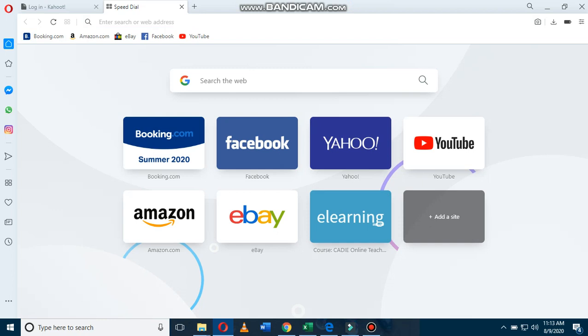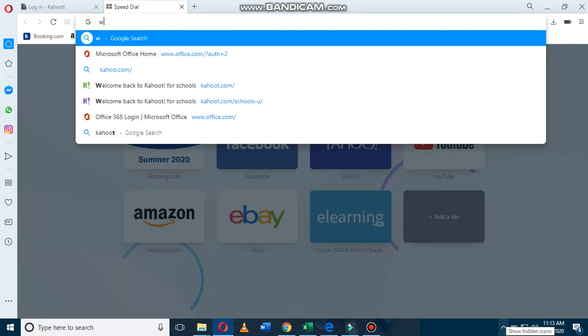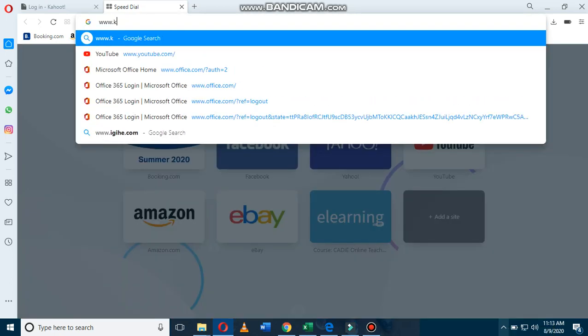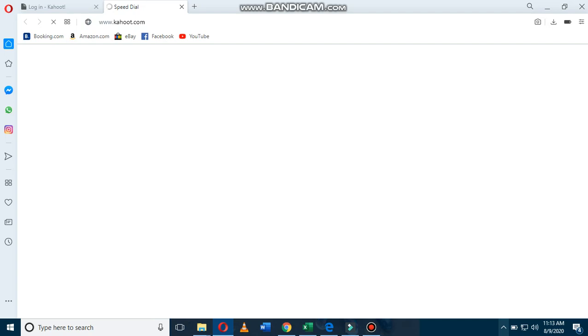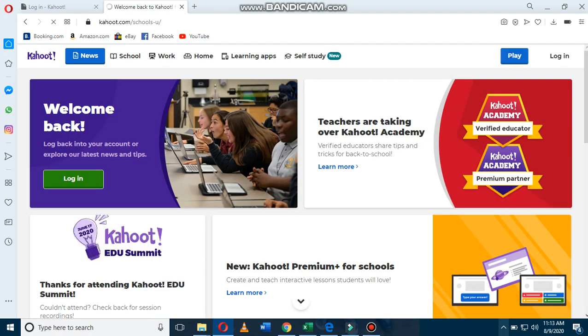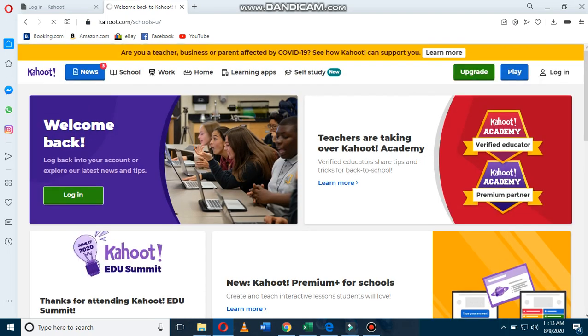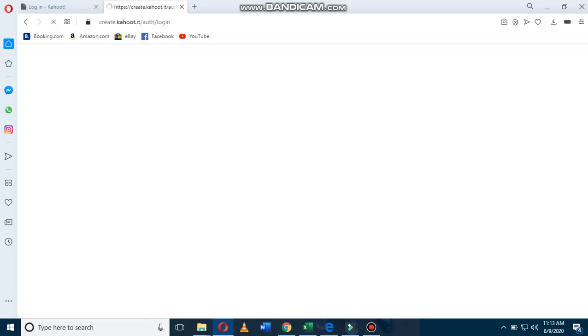And now, to create an account on Kahoot, you simply open your browser and go to the address bar and type www.kahoot.com. You press enter in order to see how it displays. When it is displayed like this, you can click on login or sign up,